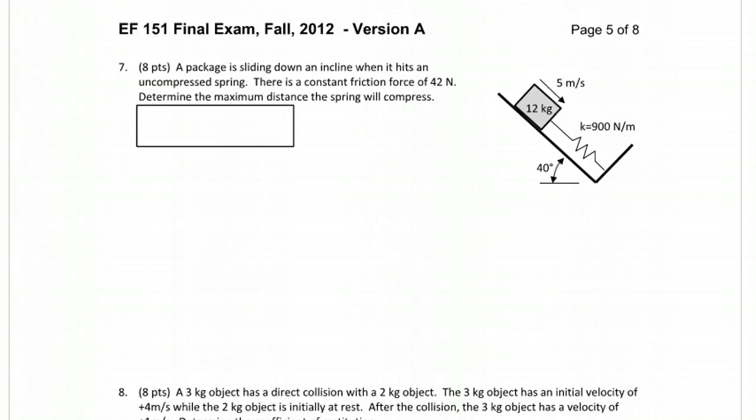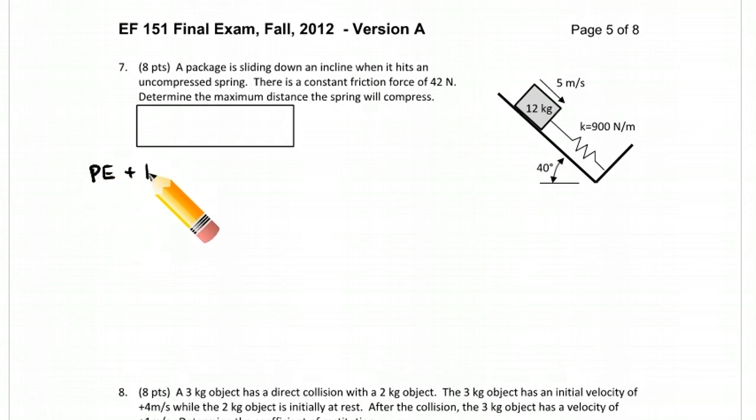So the types of problems, especially the ones with springs we worked, always were conservation of energy. So we have an initial and a final state. We know energy conservation applies. We just need to account for everything. So let's write out